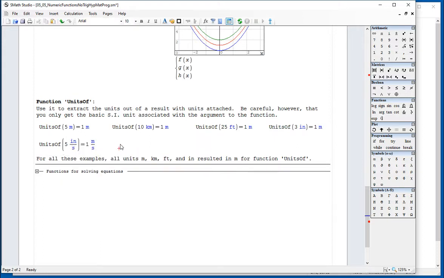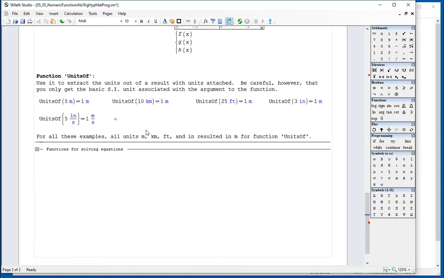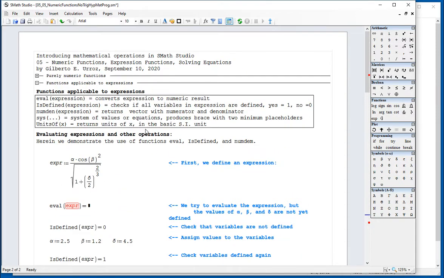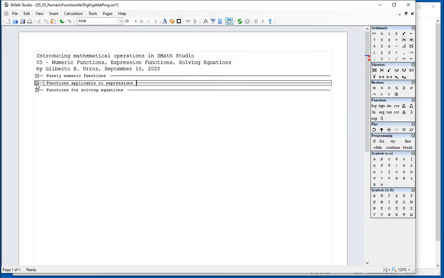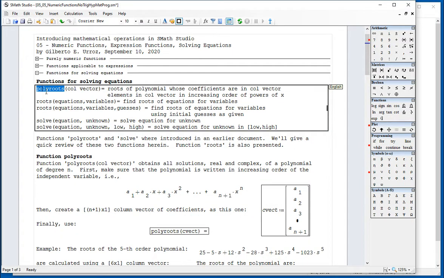So the utility of this function, as you can see, is you determine what kind of basic SI units you have. Other than that, I don't see a whole lot of applications, but I just did it for the sake of completeness because I had them listed in my list of functions applicable to expressions. What I wanted to emphasize in this video is the functions for solving equations, and we have polyroots, roots, solve,